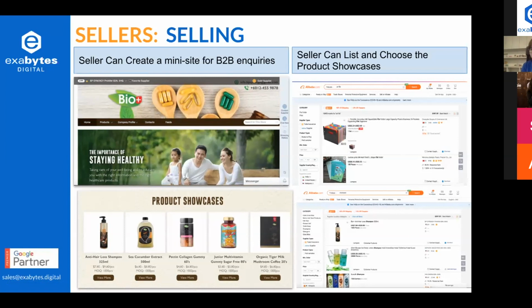But for the product showcase, right? This one is based on the keyword and also based on the search trend and the optimization from your site and also from our team, because keyword optimization and keyword research is very important for a marketplace. So in order to appear in a high rank in the marketplace, you need to look into many factors.